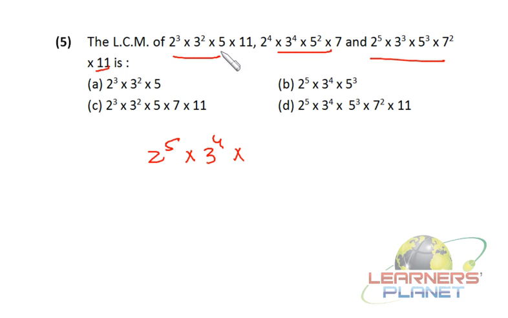Then the highest power of 5 is 5 square and 5 cube, that means it is 5 cube. Then the highest power of 7, among 7 and 7 square, is 7 square. And the highest power of 11 is 11. So it's 2 raised to 5 into 3 raised to 4 into 5 cube into 7 square into 11, that is this option. Okay friends,